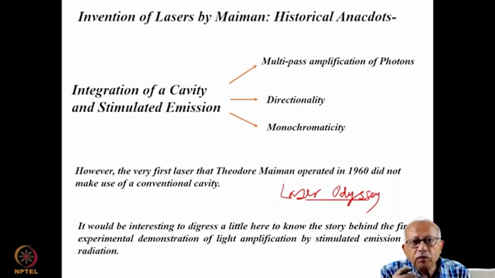Such an urgency stemmed from the fact that at that point of time, many laboratories and researchers in the world were working hard towards achieving the first experimental demonstration of amplification of light by stimulated emission of radiation. However, the editor of Physical Review Letters was not impressed. He felt the data presented by Maiman in his experiment was too scanty to warrant publication in a journal of the repute of Physical Review Letters. Therefore, he took a unilateral decision and rejected the paper.